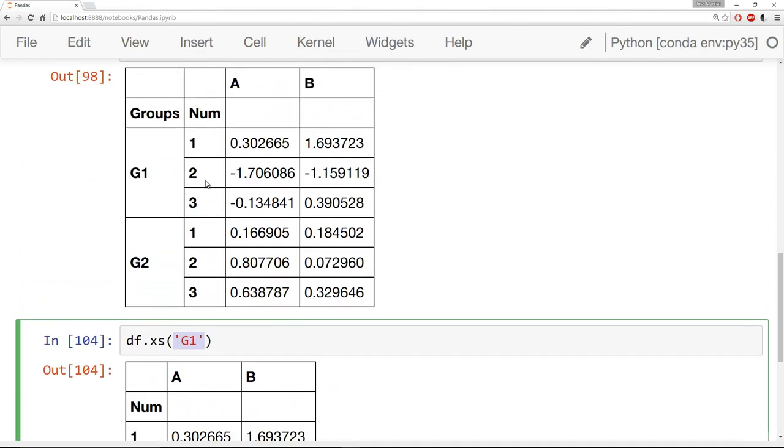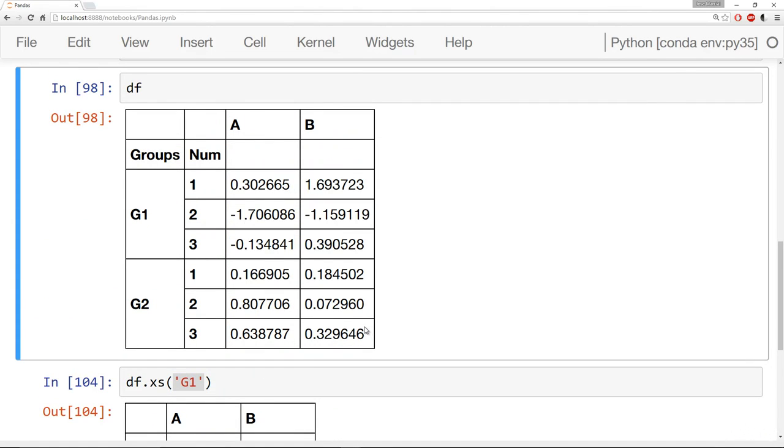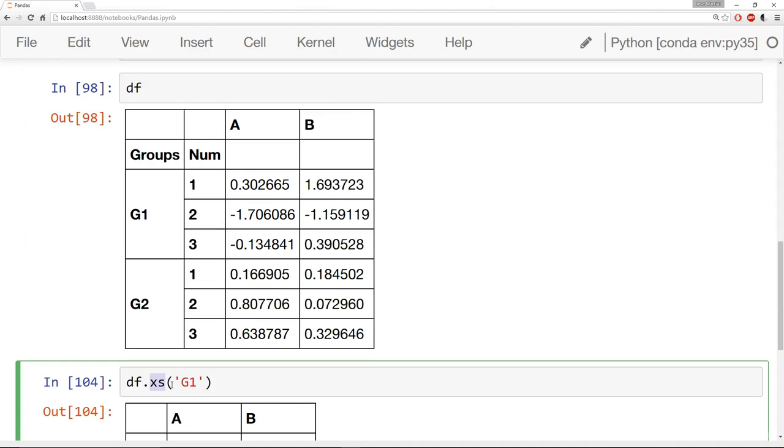index. For example, let's say I have this data frame here, and I want to grab all values of number equal to 1 with both groups in it, meaning I want what I highlighted here, 1 and then 0.3, 1.69, but also I wanted this value, 0.16, 0.18. So I want all values where num, that inside index, is equal to 1. This sort of indexing is tricky for something like .loc methods, but it's not so bad with the XS or